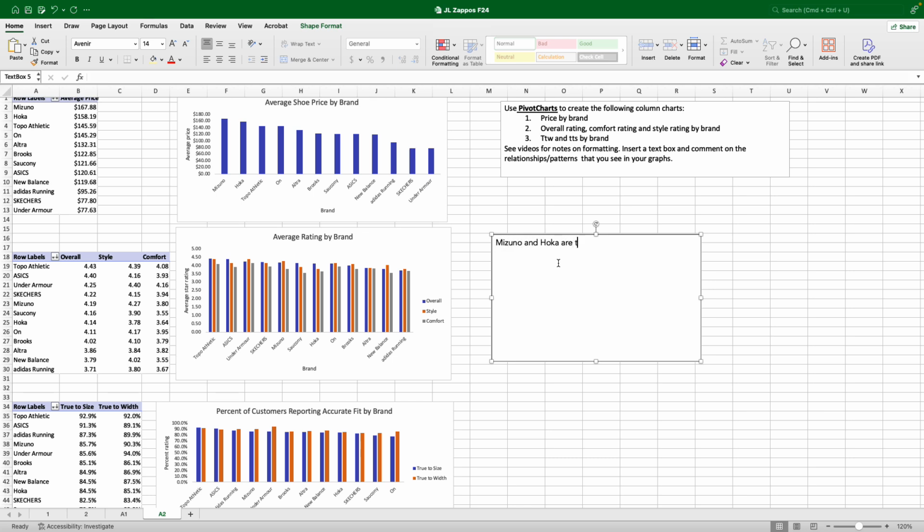Mizuno and Hoka are the most expensive brands of shoes, but neither rate in the top 3 for overall rating or fit. Asics and Topo Athletic receive the highest ratings, overall ratings, and true to size ratings,